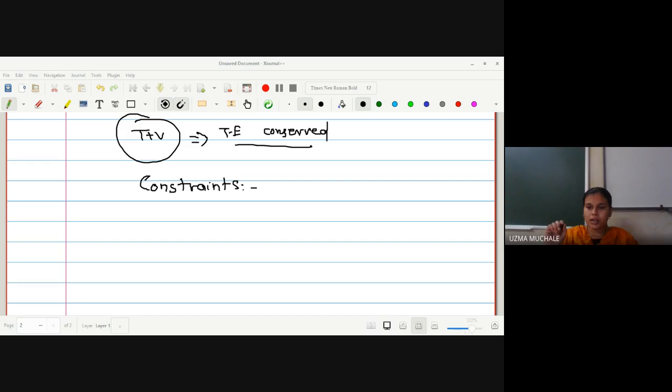Suppose you are traveling from the stand to the university, so a time restriction is there. You can come within 30 minutes if you are traveling on a bike, and if you are traveling in any other vehicle, there are some different times. So we can have a minimum or maximum of 30 minutes required to come from the stand to the university, and that is a time variable.